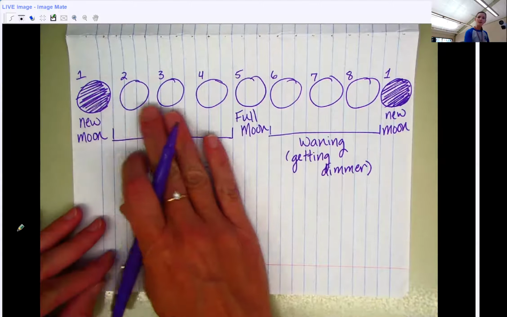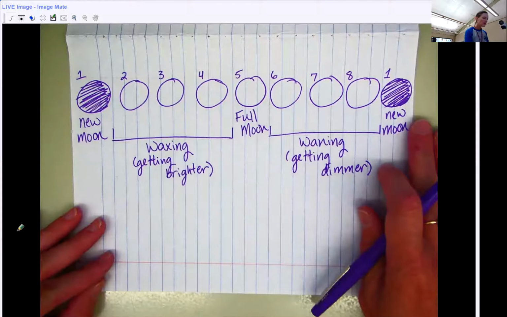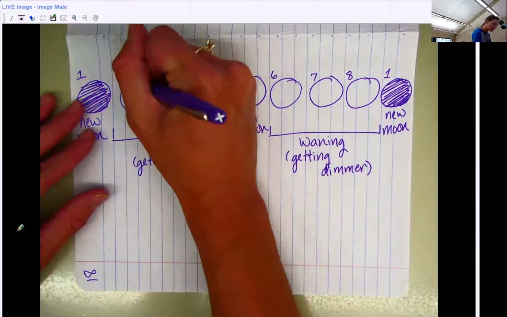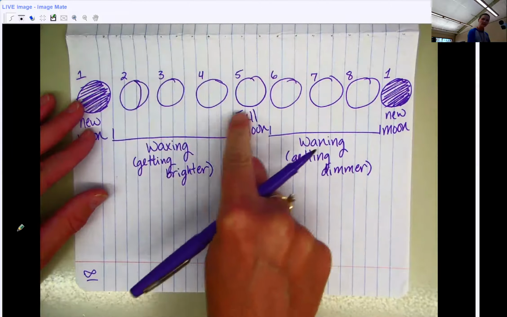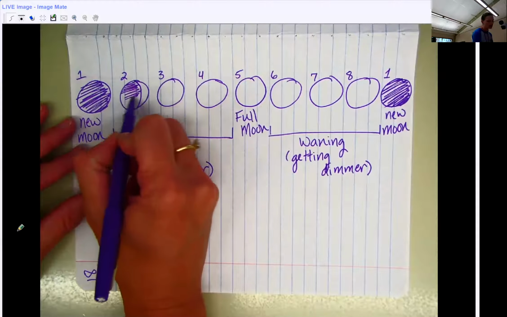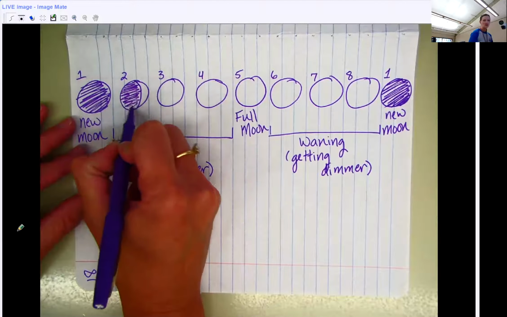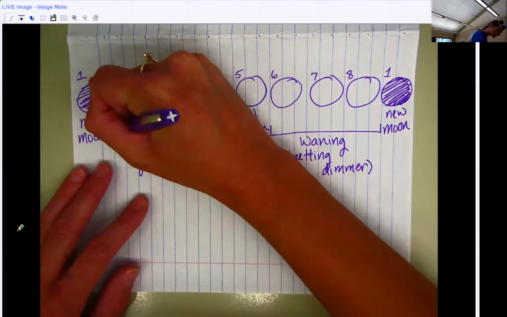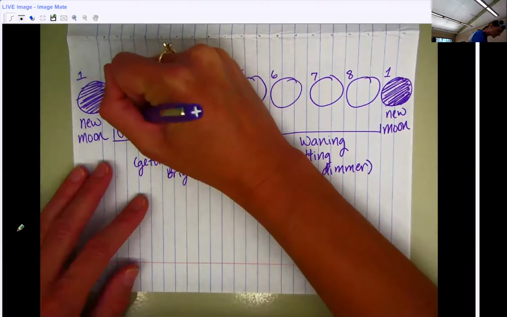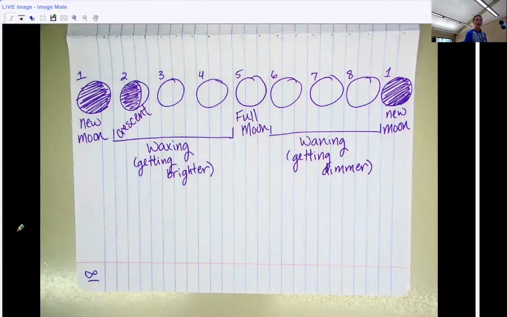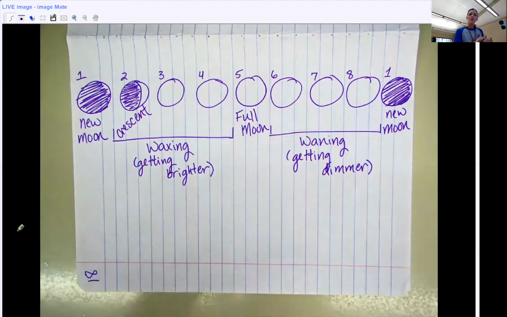And when we're drawing this series of the phases of the moon, the lighted side is always the side closest to the full moon. So I'm going to draw a crescent on the side closest to the full moon. And this portion of the moon is going to be in shadow. And this is called the crescent. So this would be the waxing crescent moon. As it progresses, a little more light,